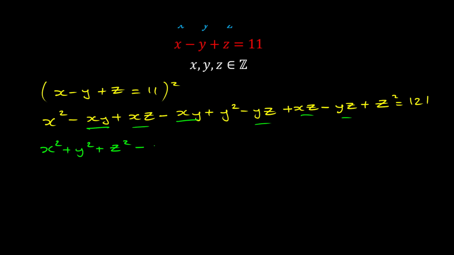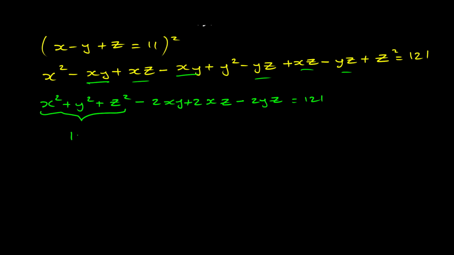So this is minus 2xy, plus 2xz, and this is being taken away, 2yz, and this is equal to 121. All right, so what we could actually do from here, seeing that we know that this is the same as 19 squared, we're going to just write this as 19 squared